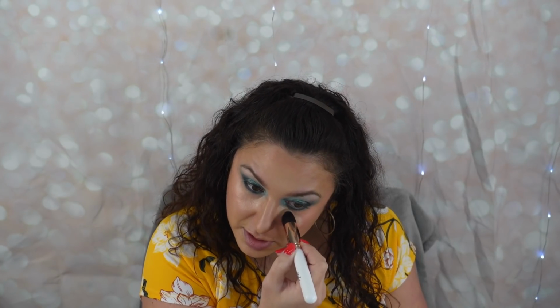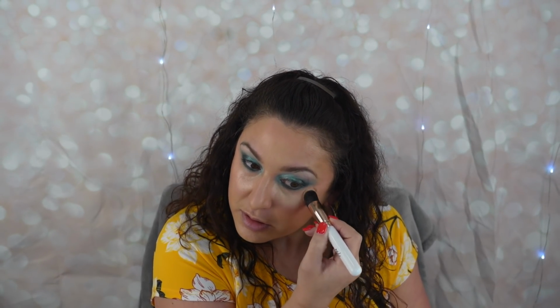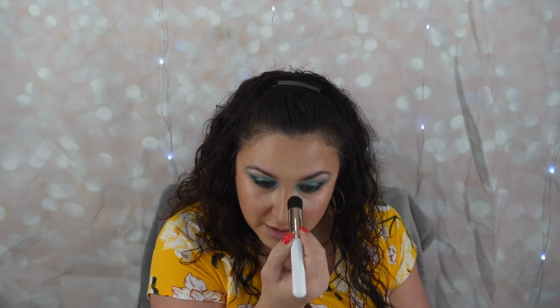And same with the other side. I want more of the product in this area, and then I'll bring it up. But you see how you can control this? Like I could get this all the way in here, and it won't disturb the rest of my makeup. I love this little brush. Then when I'm finished, I'm going to go in with a wet sponge, and I will just go over everything that I did